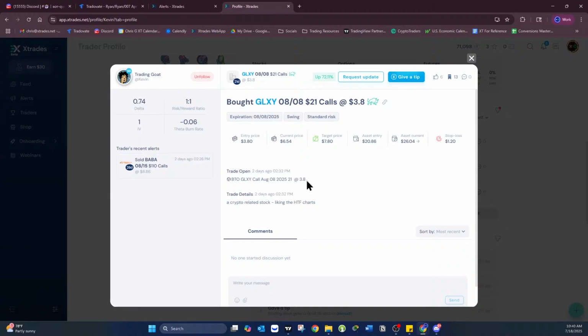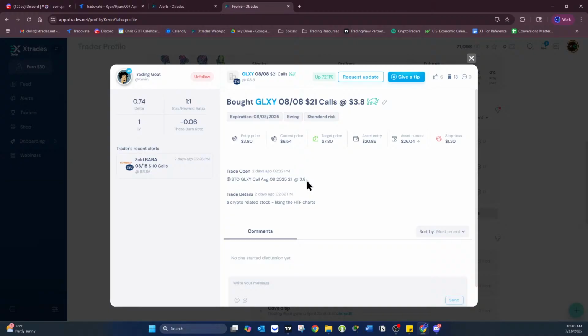So every time that he opens or closes a trade or even updates the trade, says, hey, this looks like it can go higher, or this looks like we can potentially move from here, or whatever, any kind of update to the trade, you would see that notification on your phone. So I highly recommend, if you don't have the mobile app, at least get the mobile app as well and use it to not miss those notifications. Because currently on the web app, we don't have desktop notifications yet. It's not enabled yet. It's in the works. They're working on it, but right now we don't have that.